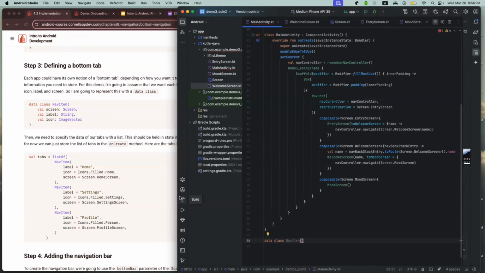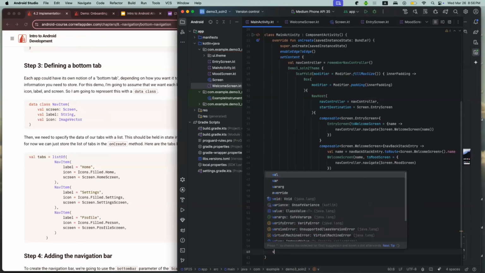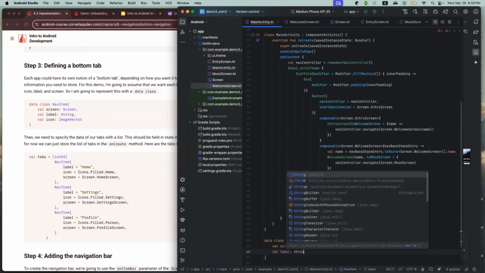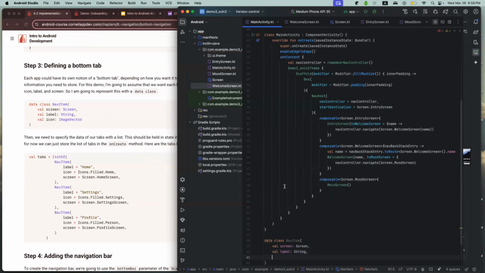And then screen. Screen is going to be where you want to navigate to. Label is the little label underneath the icon, and